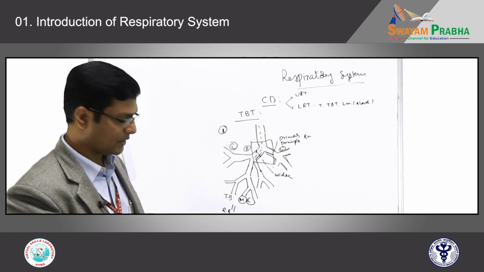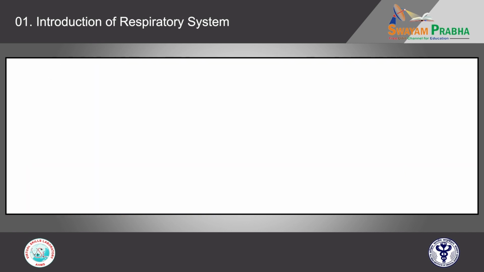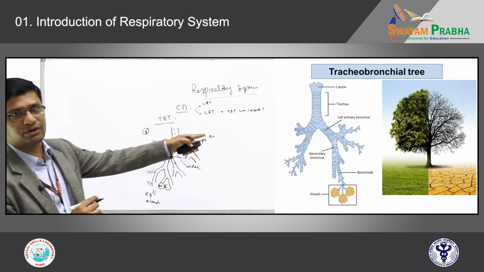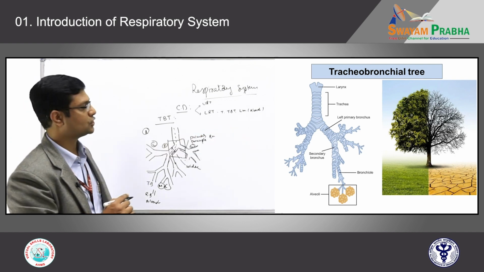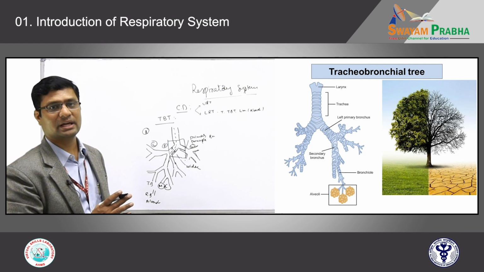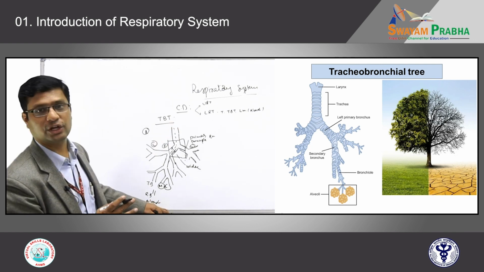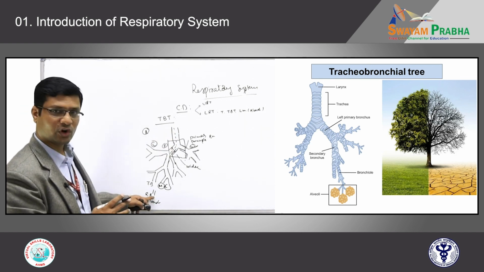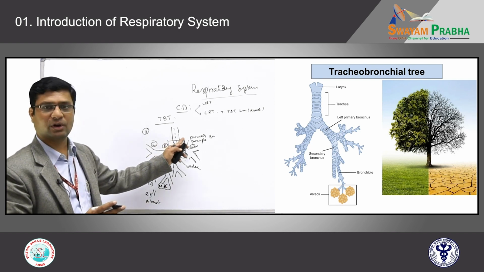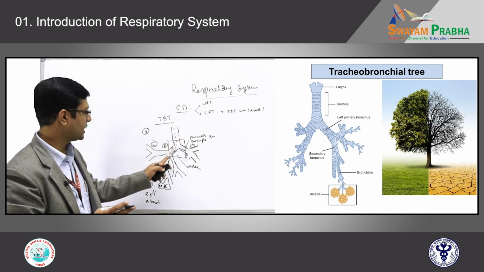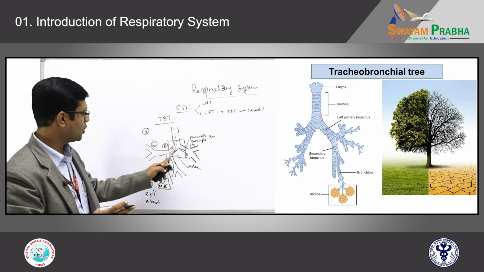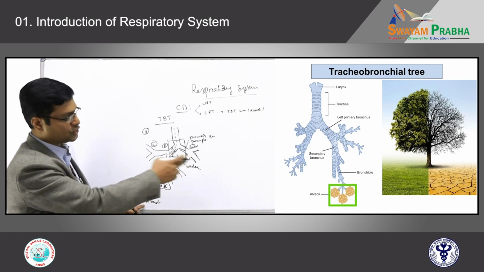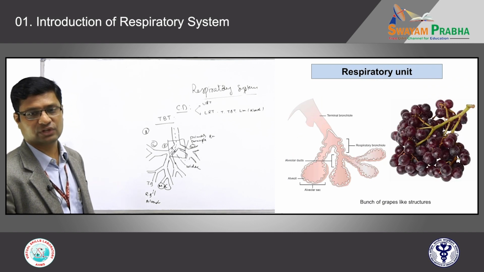This is the tracheobronchial tree. Let us see this picture. Why is it called the tracheobronchial tree? You can compare the branching of trachea and bronchi with the tree shown in the picture. It looks like the branching of a tree, hence we call this the tracheobronchial tree. One thing all of you should know is that from the trachea till the terminal bronchiole, as it branches, the luminal diameter of the bronchi gradually decreases. It becomes smaller and smaller. Finally, it leads to the respiratory bronchiole and lung alveoli, as shown there. We will go into detail in the next few slides.